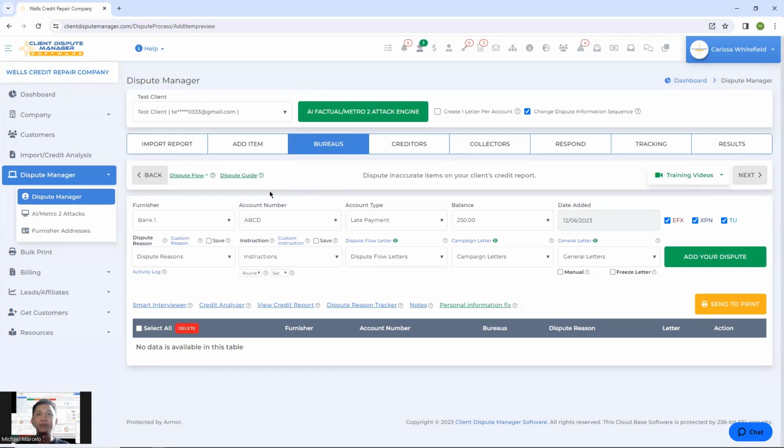Manager software. Now, please note before you start disputing, you want to make sure that you import your client's credit report in the software. And then after you import your client's credit report, you want to go to the Dispute Manager under the Add Items screen and put the items or the accounts that you're disputing in the in dispute status. So now when you go to credit bureaus, the items or accounts that you're disputing would be available under